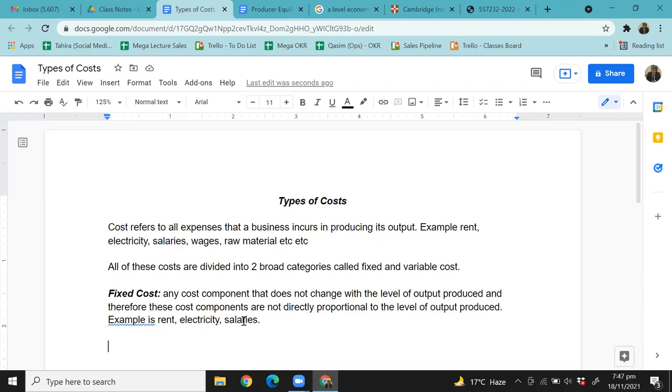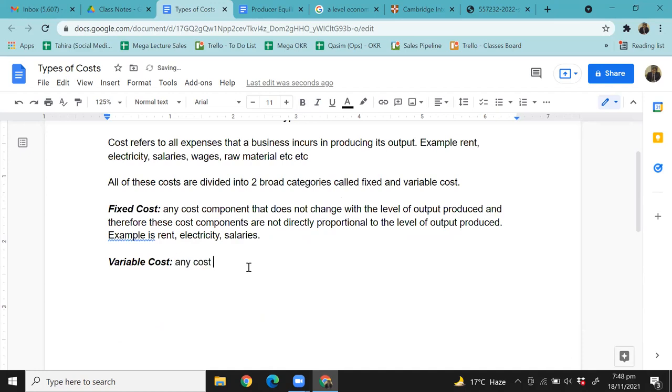Okay. Now, the other category is variable cost. What is variable cost? As the word suggests, variable cost is any cost component that changes or varies with the level of output produced. Any cost component that is directly proportional to the level of output by the firm. And an example of that could be, as I was giving you for Mega Lecture only,